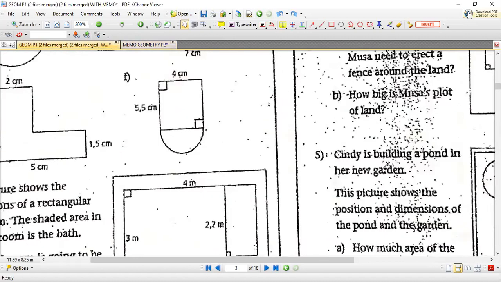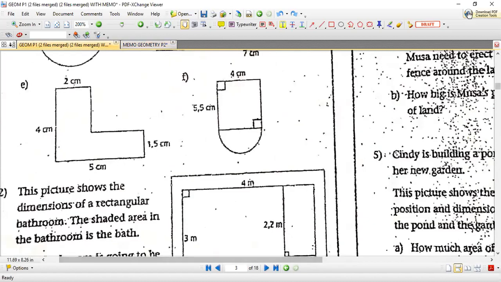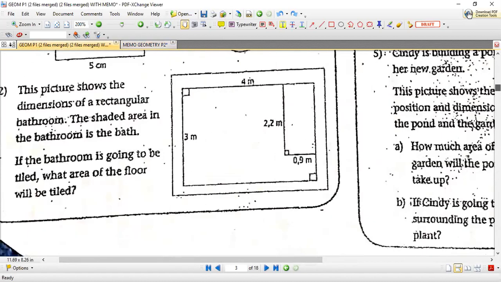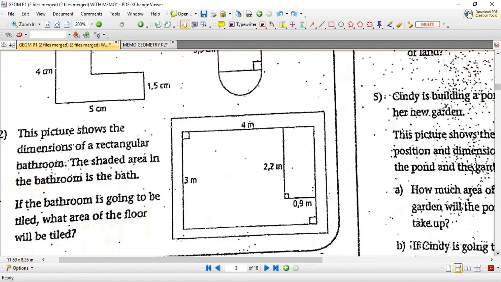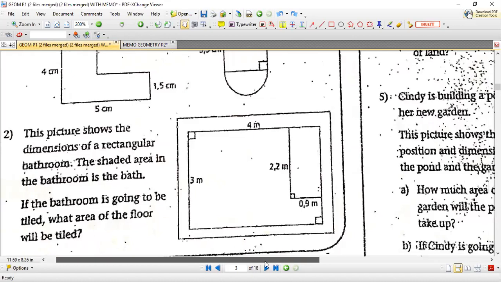Now class, as you know, when we look at our exam papers, it would involve more intricate calculations and different shapes, wooden, physical objects, and real life situations like plans, floors. So all of that that you did previously would be incorporated into this section. If you look at example 2,